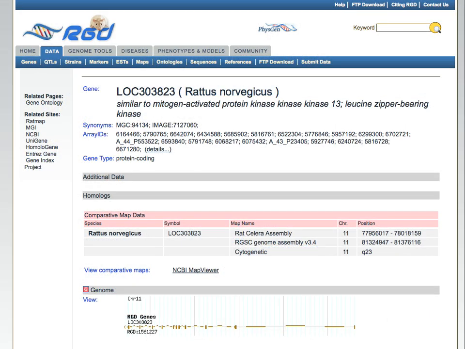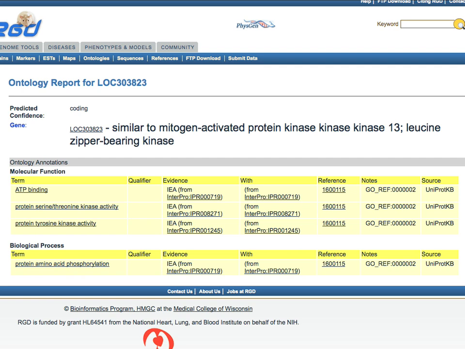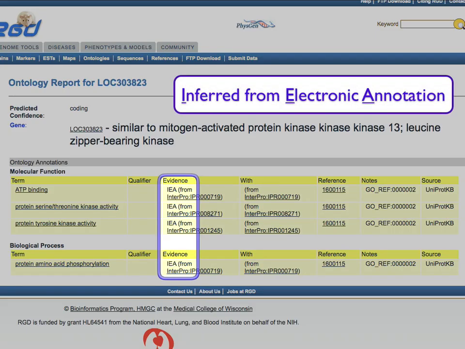Although no research has been done on this gene, or on the protein derived from it, it has GO annotations. In these cases, the evidence code is IEA. This stands for Inferred from Electronic Annotation. That means that it's solely based on computational rather than experimental evidence, and that the evidence has not been reviewed